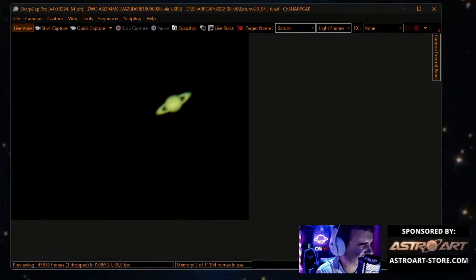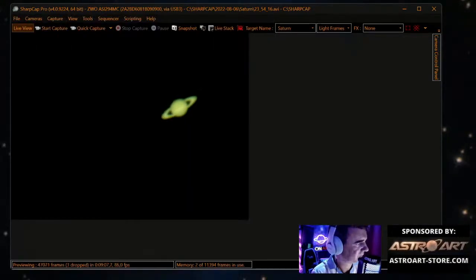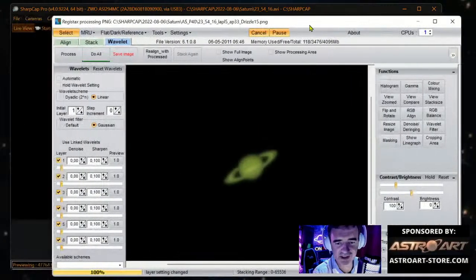You can save the settings. When you see it's okay, the first time you do it with Registax, you can save the settings, and then you use them again without having to do it all the way again, and then you just adjust. This is very nice. Lucky imaging is fine.